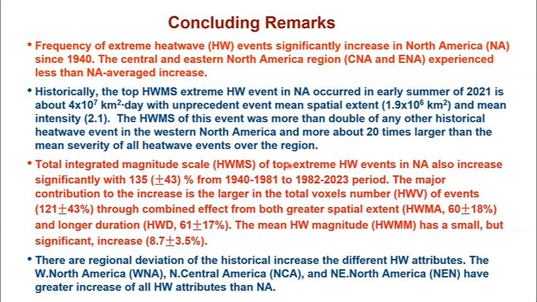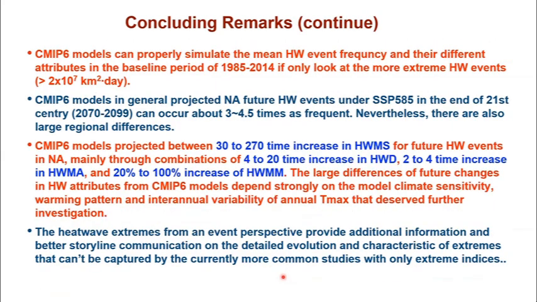Okay? And as I said, you can look at an individual attribute and try to look at the contribution of each one. And these also have a regional difference similar to frequency changes. And for the model projection, the models, if you are using the same threshold, do not seem to simulate that well. But if you only look at those more extreme cases, as I said, with the number there more than 1 million, then it is more properly simulated in terms of these CMIP6 models.